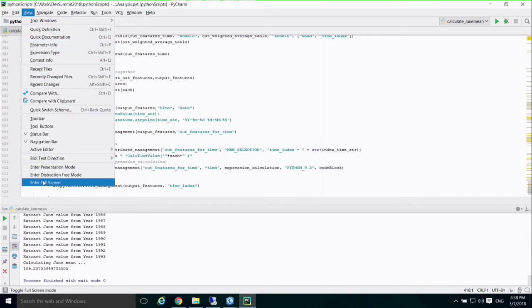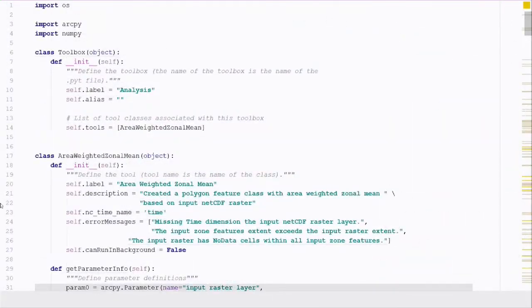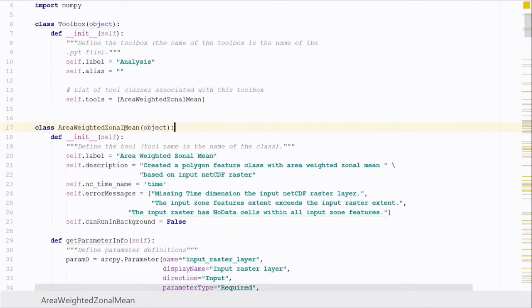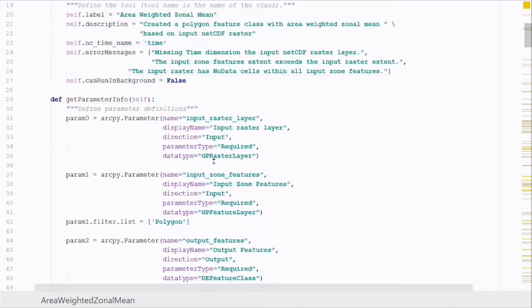So the tool is actually a PYT file. In this PYT file, there's a template you can utilize after you create a toolbox. This template has this toolbox class, and you can customize the tool class in it. So here, this area weighted zonal mean is my customized tool. In this tool, I define all these input parameters,